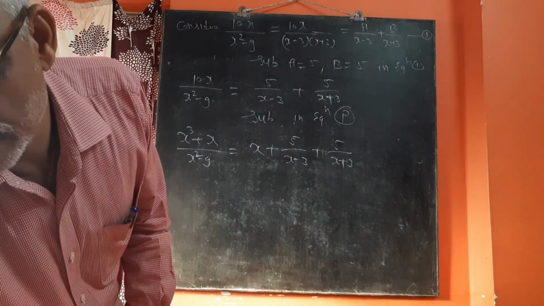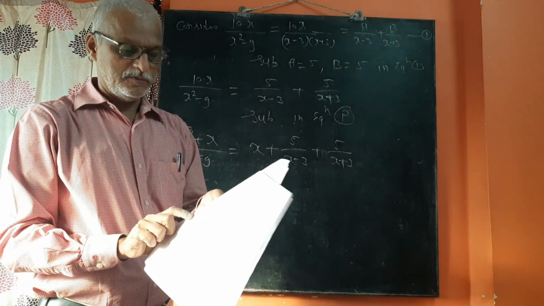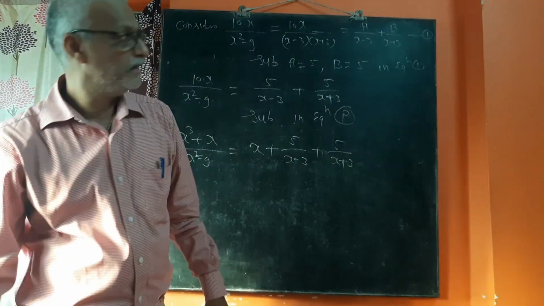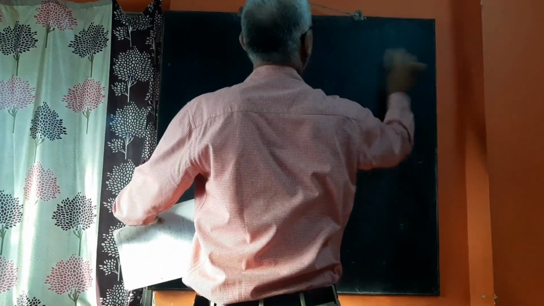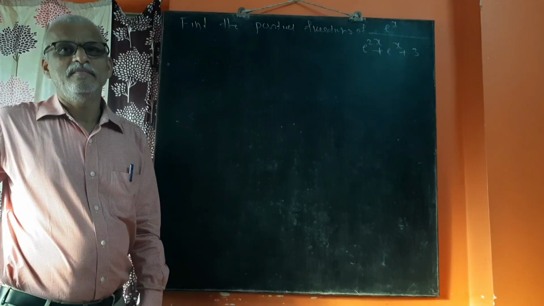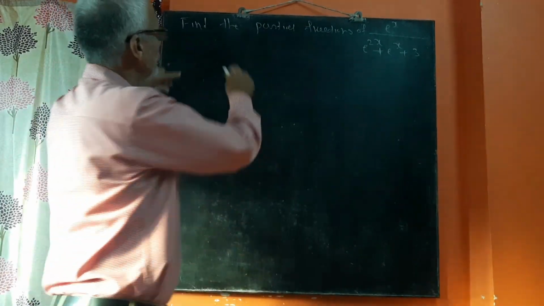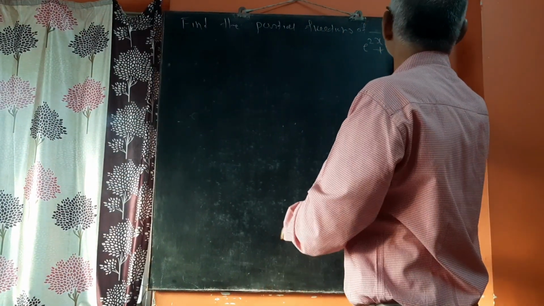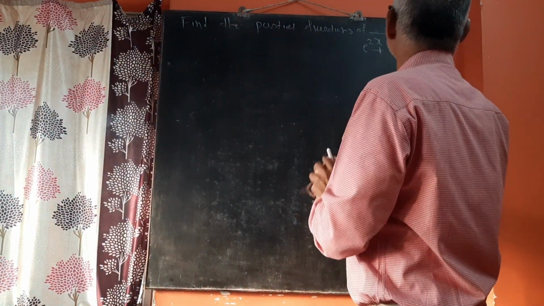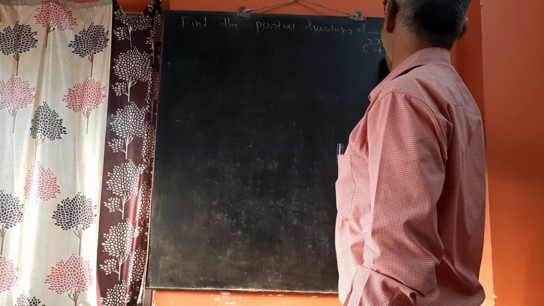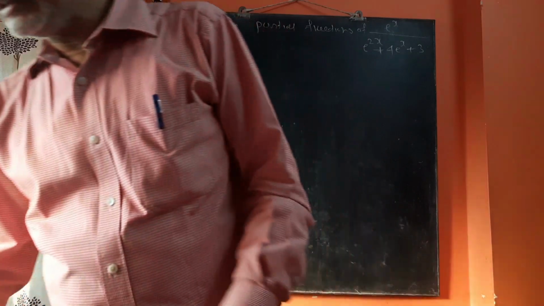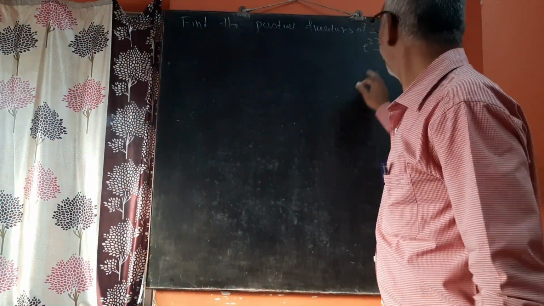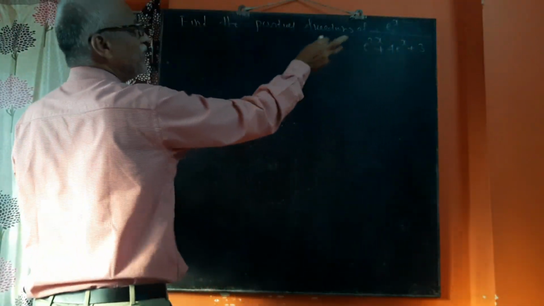Now let us solve one more problem on partial fractions, and that will be the last problem on partial fractions. You have to solve it by this substitution method. Find the partial fractions of e raised to x plus e raised to 2x, e raised to x divided by e raised to 2x plus 4 into e raised to x plus 3. Now here, to find the partial fractions,